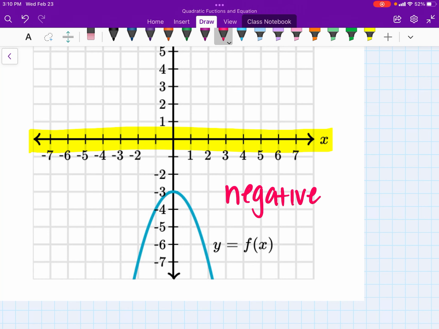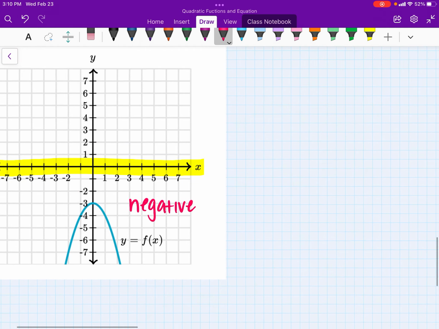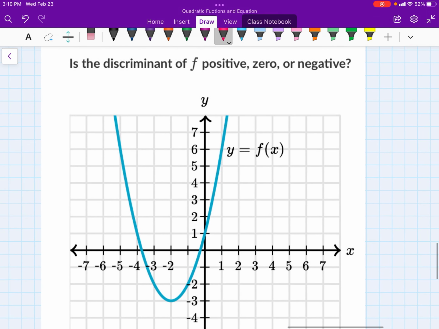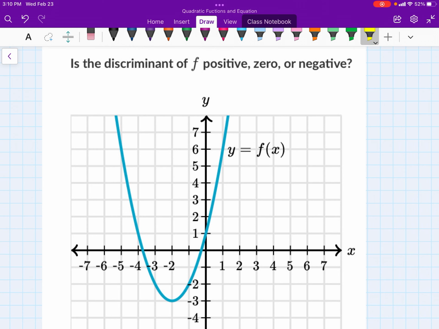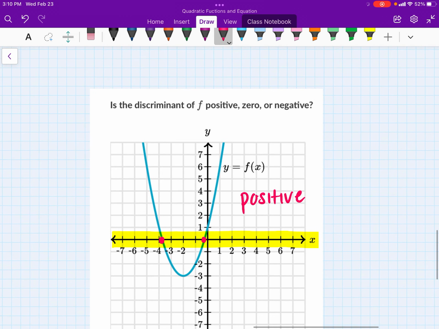So our answer there is negative. All right. And last one in this case. How many x-intercepts do we have here? And we actually have 2. We have 1 here and 1 there. So because we have 2, our answer here would be positive. All right. Now I do want to